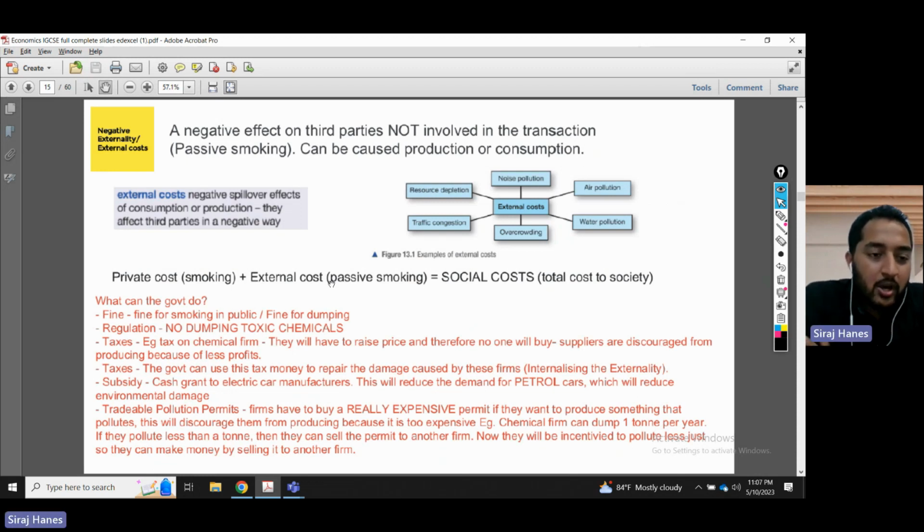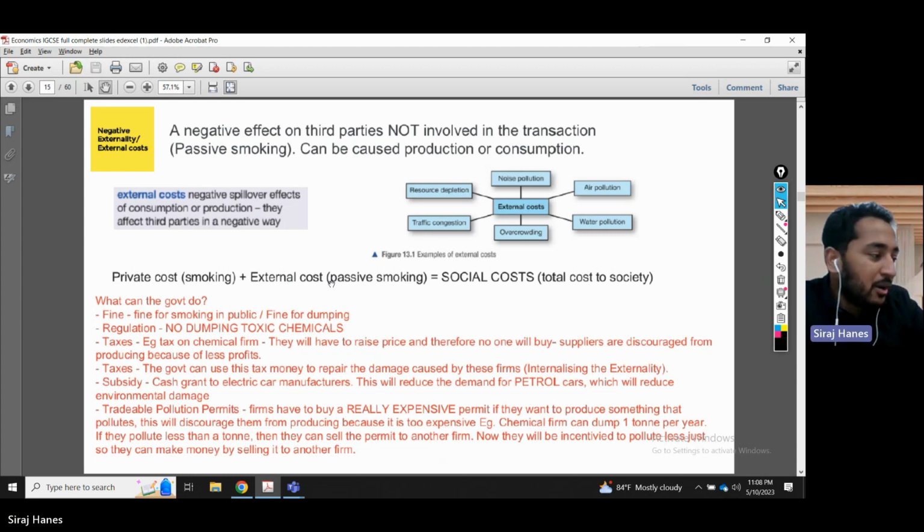Now I'm going to teach you about a form of market failure, which is called negative externalities, or sometimes called external cost. Negative externalities are third-party effects. For example, I buy a cigarette from the seller. We are doing the transaction. I start smoking. I know I'm harming my lungs. I'm doing something really stupid. I have to pay for healthcare. I don't know about my lifespan, all that harmful. Okay, I'm doing that to myself, my private cost.